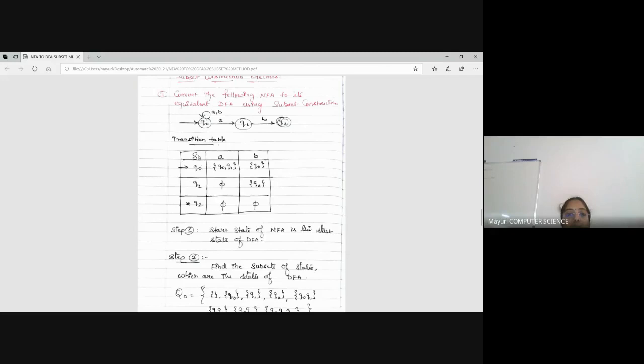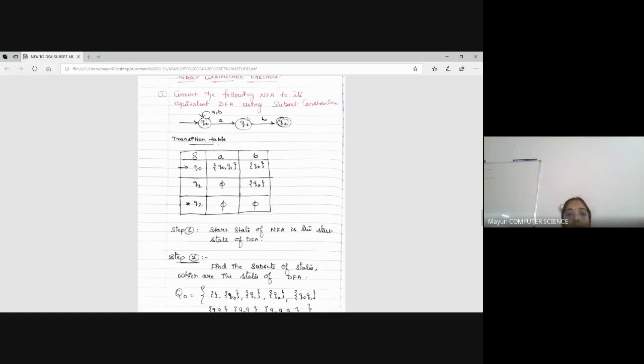As such, the transition function delta, and I have 2 inputs looking at my NFA. Why is it NFA? For Q0, it has 2 transitions on A. And for Q1, they didn't give input A. And for Q2, no input is given. Okay. So start state Q0, final state Q2. If you don't have a transition over an input symbol, please mention that it is a null state. See, for Q0, on A it is going to Q0 and then Q1. Write it in the set of states. On B, it is going to Q0.